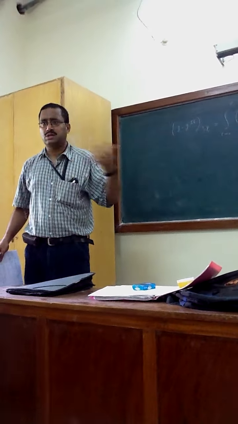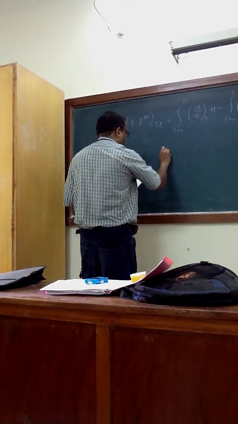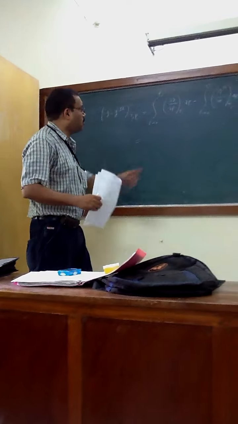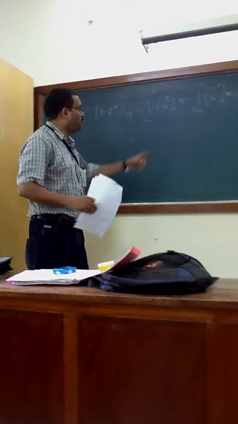Okay. What is G minus G^IG? The basic formula is to do that. Next step. Dou G by dou P at fixed T is V. Right? So the integral from P tending to 0 to P of V dP minus the integral from P tending to 0 to P of V^IG dP, which is nothing but RT by